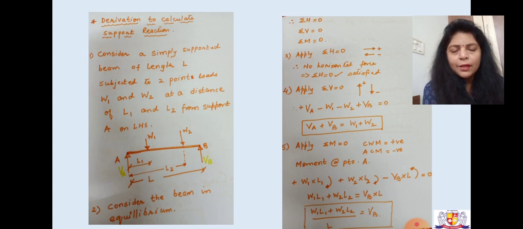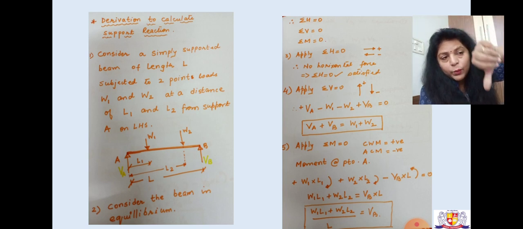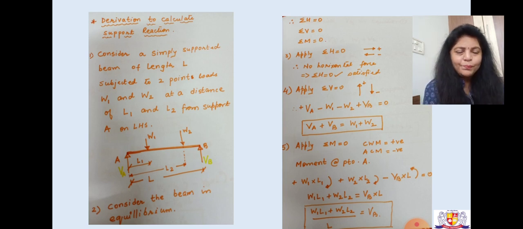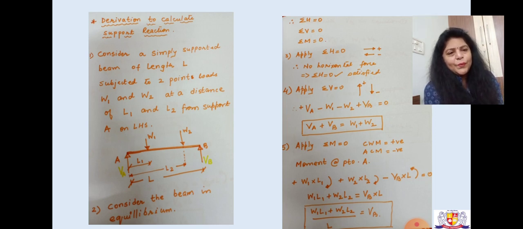सबसे पहला फोर्स है W1। A तक का डिस्टेंस कितना है? L1। फोर्स W1 वर्टिकल है तो परपेंडिकुलर डिस्टेंस कौन सा होगा? हॉरिजॉन्टल। सो W1 इंटू L1। W1 डाउनवर्ड एक्ट कर रहा है तो मेरा राइट हैंड का जो अंगूठा है या थंब है डाउनवर्ड है, एंड फिंगर्स क्या दिखाएंगे? डायरेक्शन मूवमेंट की, वो क्या है? क्लॉकवाइज। सो W1 इंटू L1, W2 इंटू L2 एंड VB इंटू L, दैट इज इक्वल टू ज़ीरो।